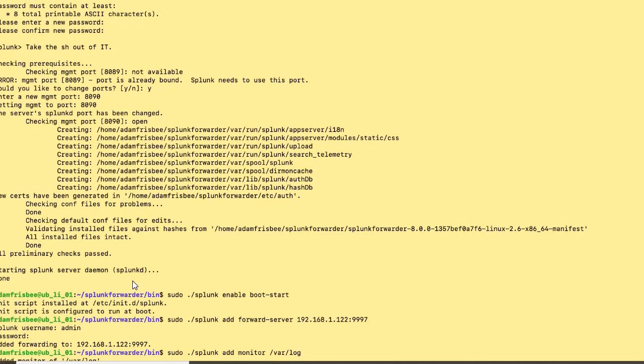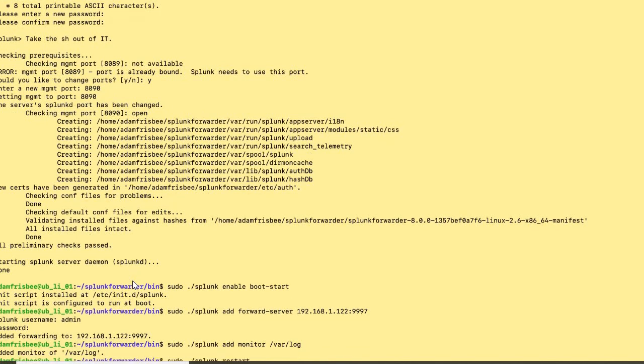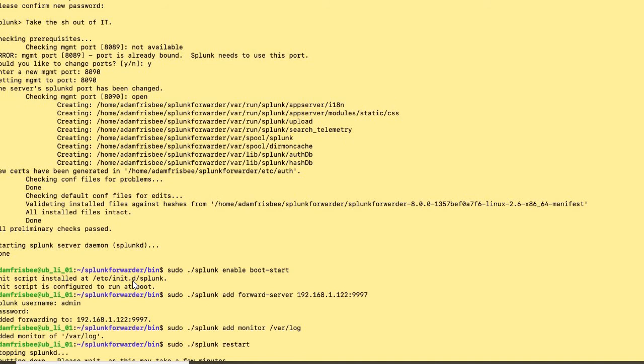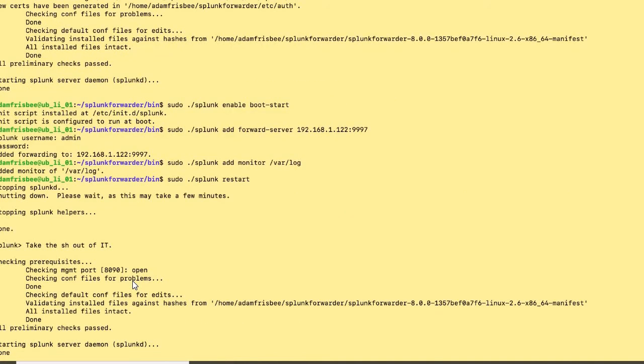That is why I'm going to monitor var log, okay? As usual, we'll be using sudo and then splunk add monitor /var/log, right? So that is the reason I'm writing that. We need to restart this forwarder so all the changes take effect every time. Whenever you do any configuration changes or any installations, generally what we do is restart the server, right? Splunk restart, okay? All these changes will take effect if you restart.